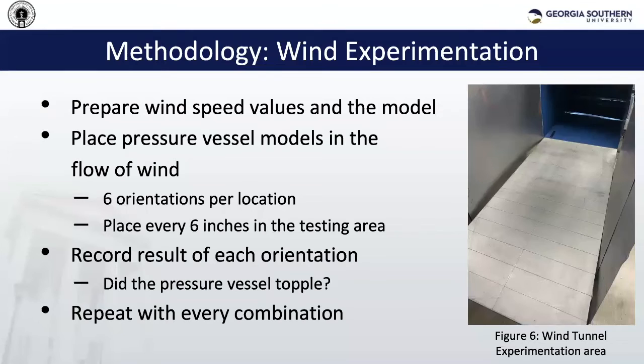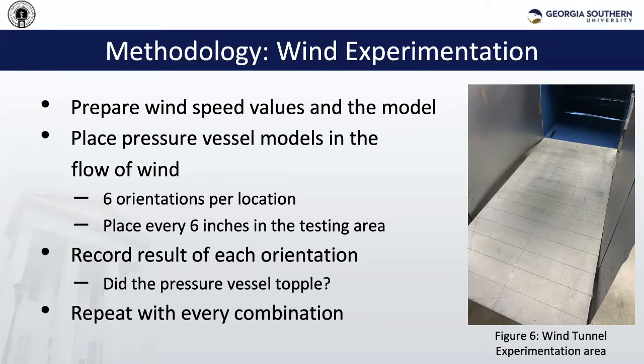Getting into the methodology for the wind experimentation, the first step was always preparing the vessel for whatever test was being run and finding experimental toppling values through trial and error. The wind tunnel was then set and wind speed values were taken at 6-inch intervals using an anemometer. Then the pressure vessel was placed in the testing region shown in figure 6 and rotated at every measurement spot